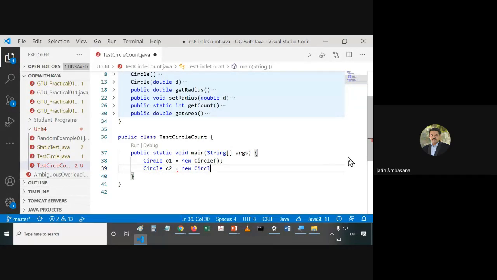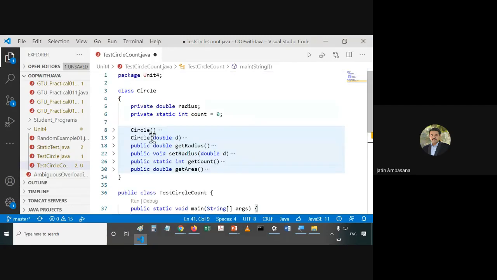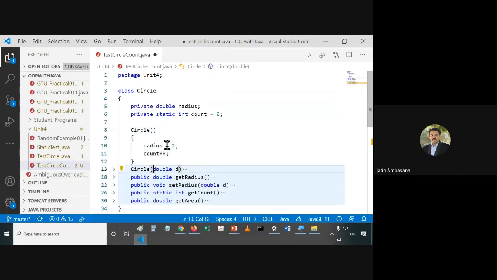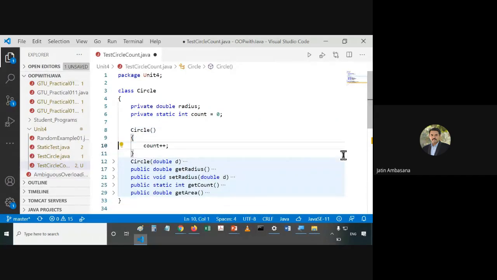So we say Circle c2 equals new Circle 5.5. And now, since we have created two circles, let's calculate their areas, right? First, we need to set the radius for circle c1. Although it sets a default of 1, let's remove that part. We don't need it.